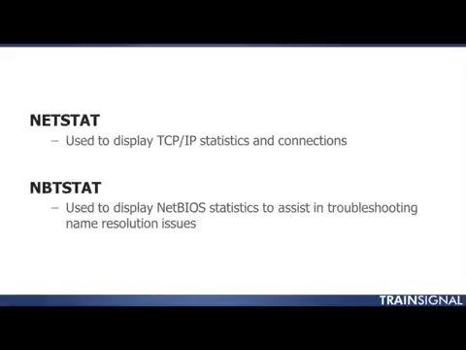And then we have another statistical-based utility. It's also a utility that's not used so much in today's networks, and I'll explain why in just a moment here, but it's NBTstat, and this is used to display something called NetBIOS statistics. And this has to do with statistics revolving around your NetBIOS names, which is why you don't see it used too much anymore, is because NetBIOS names are not used that much anymore. But if you are in an environment that uses NetBIOS names, NBTstat can help you in troubleshooting those NetBIOS name